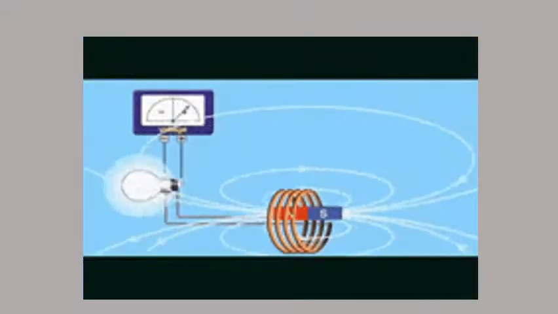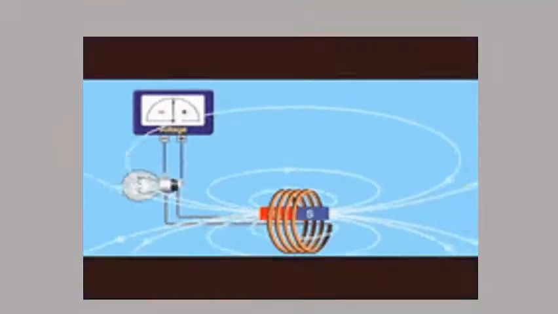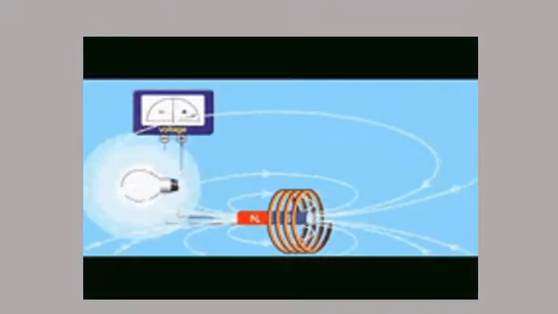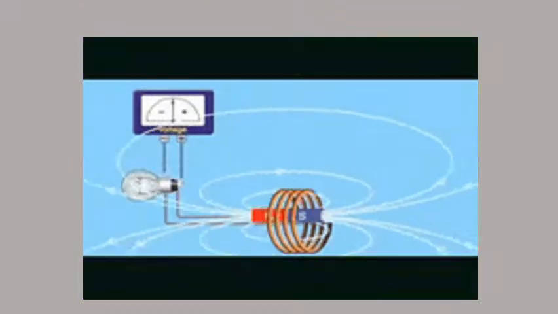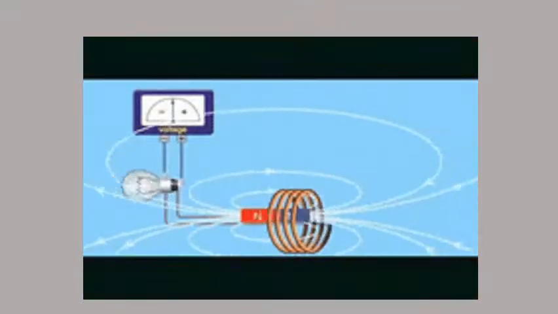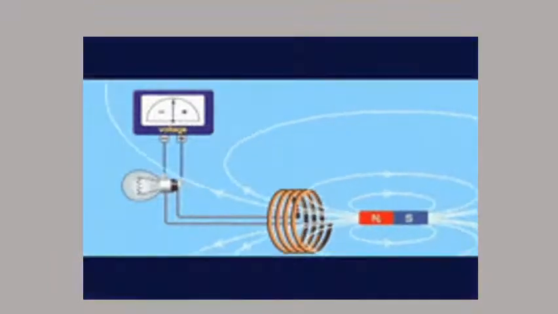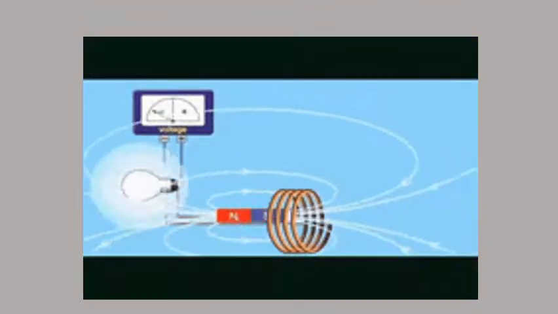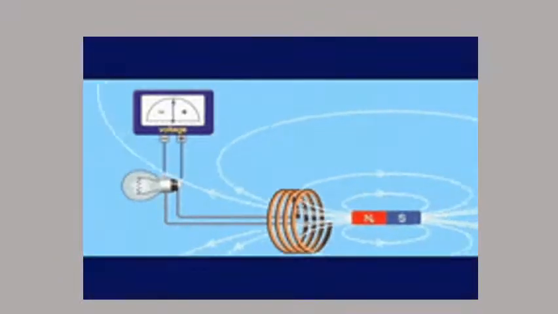As you can see in this figure, in this video, there is a coil, and this coil depends upon the flux linkage, because flux linkage is equal to N phi, where N is the number of turns of this coil and phi is the magnetic flux. Now this coil is linked to the galvanometer without any external source of current. But as you can see, this bulb is glowing on and off. So if it glows on and off, it means there is some current flowing in that wire.